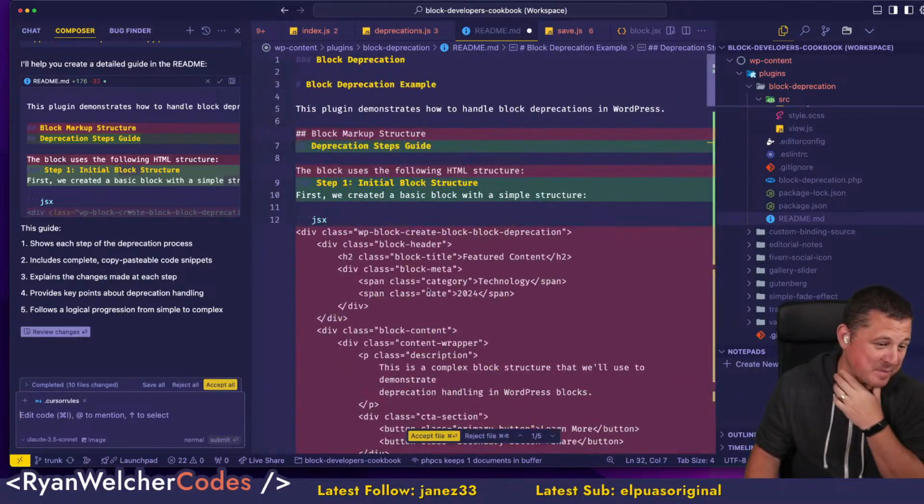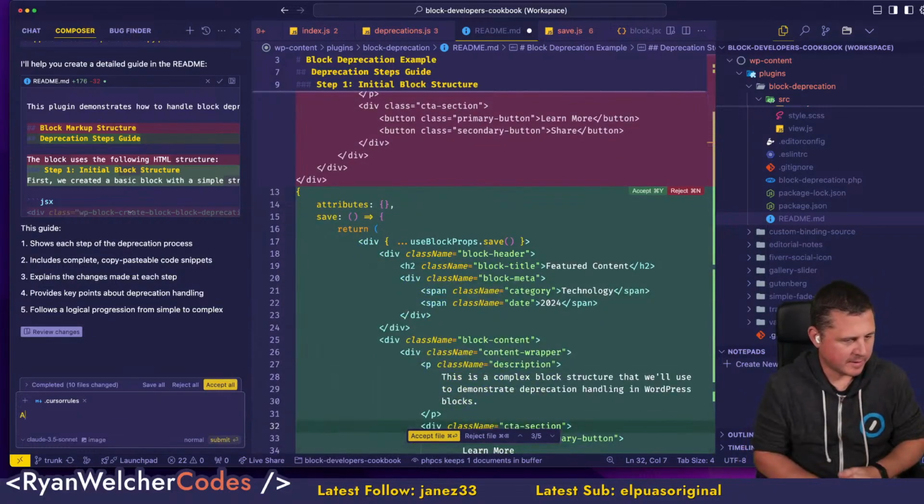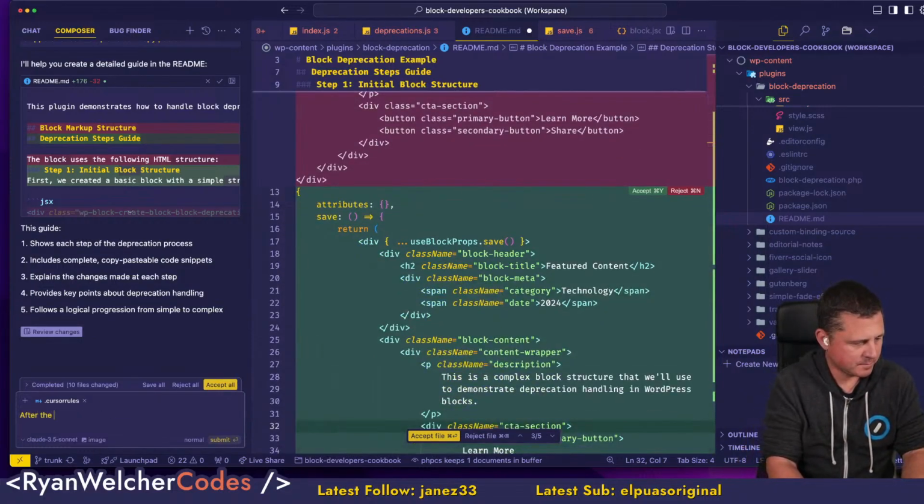This isn't bad. The initial block structure. Okay. After the initial, what is it? After step 1 in the README,